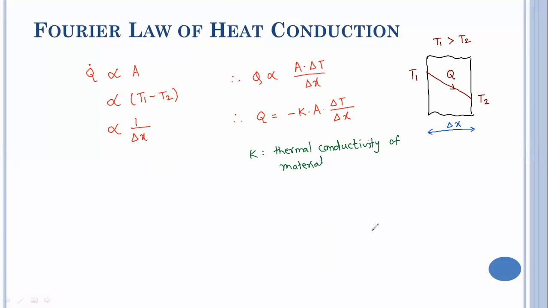Okay, let us see the unit part first. So basically heat flow through a body per unit time, so this will be in watts. Then this is the surface area, which is perpendicular, so the unit will be meter square. Then this is the temperature difference. What will be the unit? It will be either degree Celsius or Kelvin. Then this is the thickness delta X. It will be in meter.